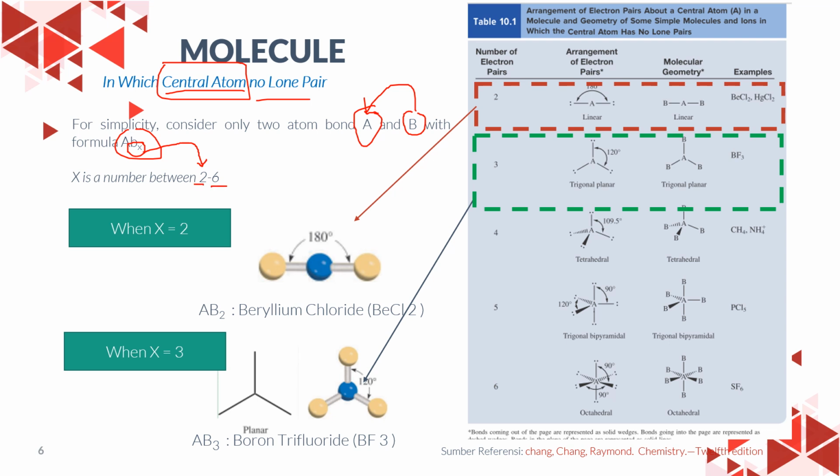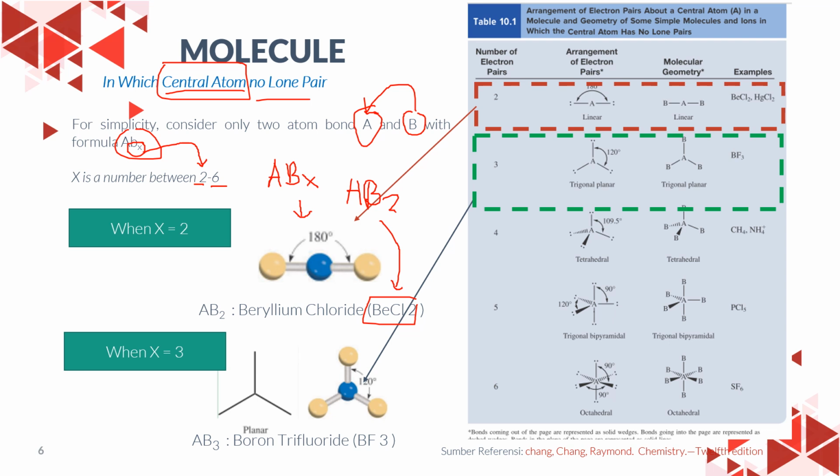What if X is 2? It is expressed as AB2. A simple compound that follows this configuration is beryllium chloride,